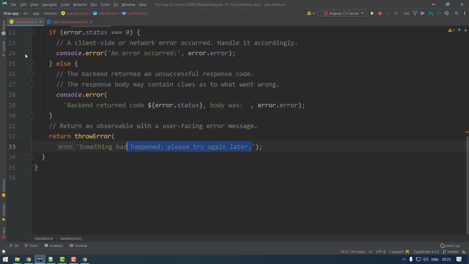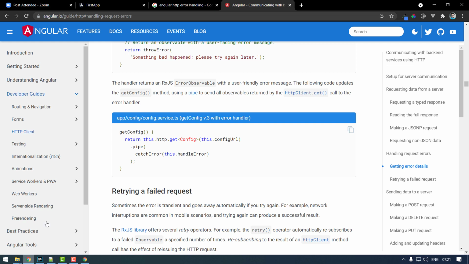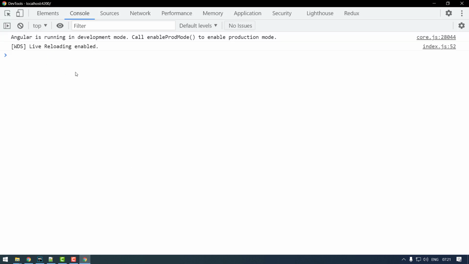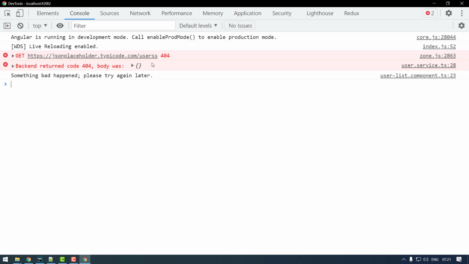This will get printed in the console. Let's check. I refresh, and the console is empty. When I click on the get users button, you don't get the data, but if you go back to the console, you get the message: something bad happened, please try again later.